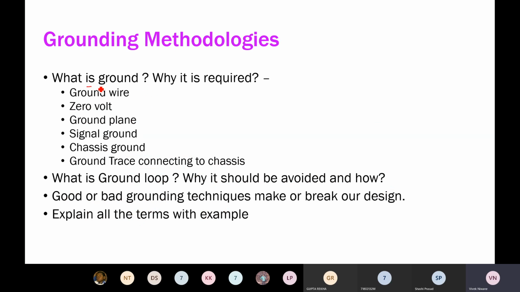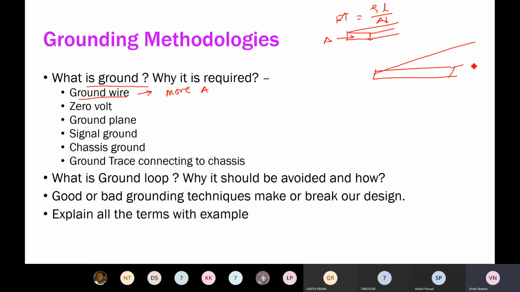Then grounding methodology, everyone knows about the grounding. Okay, then we have to think about the ground wire. It has to have more cross section area. Do you remember that if we do have a small track for the ground, the cross section area is small, then this is going to increase the resistance because this is nothing but rho L upon A. A is reduced, then resistance is increased. Therefore we always try to have more width for the ground track. Okay, so here the cross section area increased, therefore your resistance is reduced. Ground is never at 0 volt. Okay, ground does have resistance, so it is always above 0 volt.